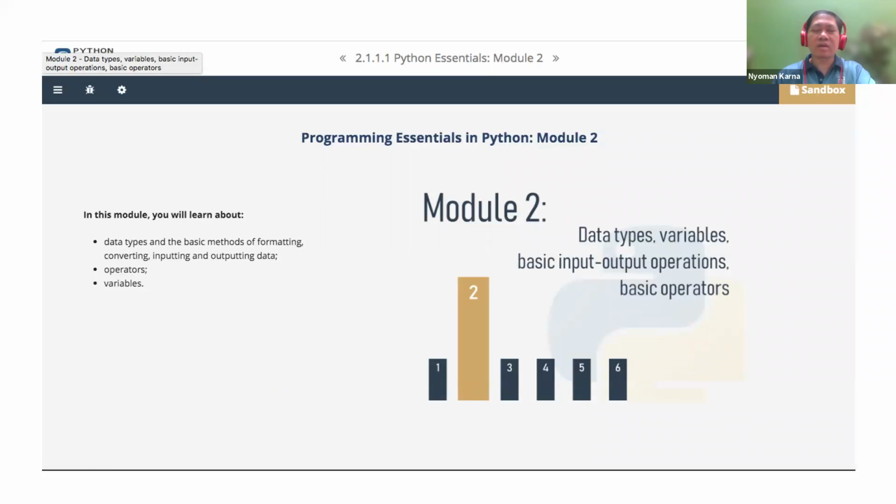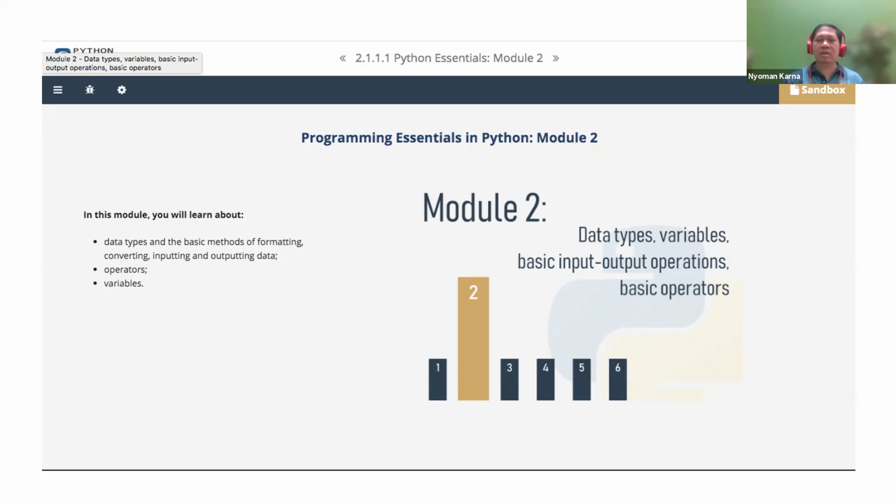In module 2 from Python Institute, we discuss data types and variables. Oh, we already discussed variables, and basic input output, which is print and also input. Then we're going to discuss basic operators. So we just need to discuss the data types and the basic operators, and also several additional pieces of information about variables.